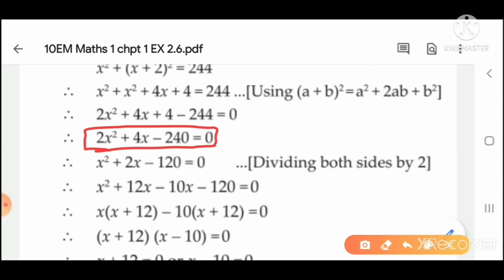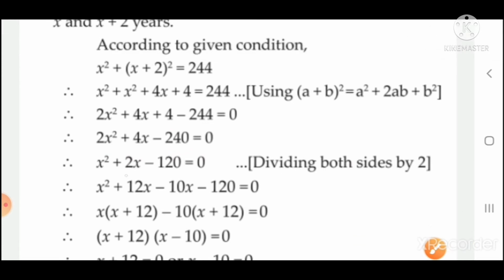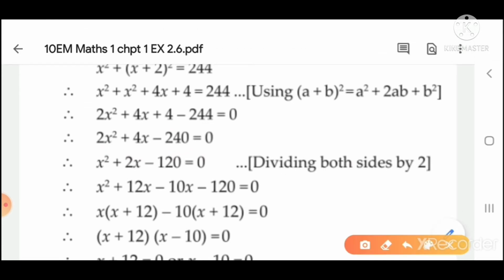This has become your quadratic, but it can be simplified. How? If you divide the whole equation by 2. If it simplifies, you have to do the simplification, then you have to do the factorization. So that will be easy. You can do factorization in this also. You will get the same answer, but it will create a problem for you to find the numbers. So it is better that if you can simplify, then simplify and then do the factorization. So I have done the simplification here, dividing by 2. If I divide this whole equation by 2,